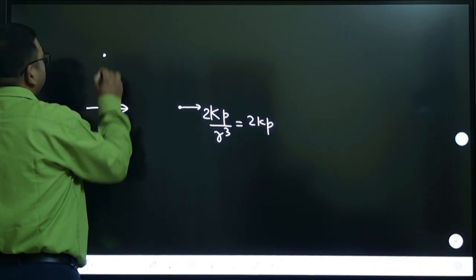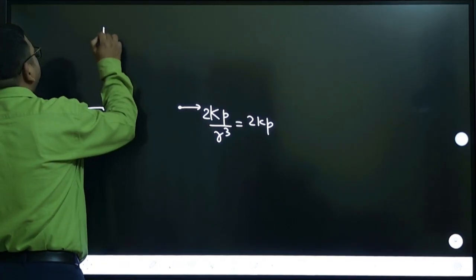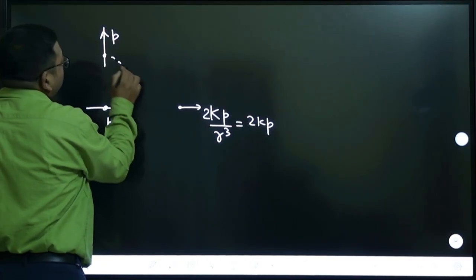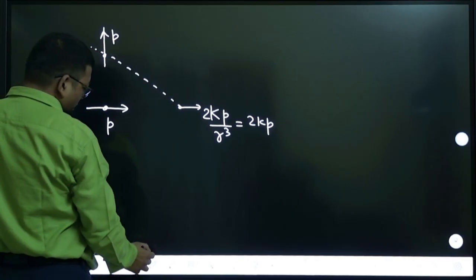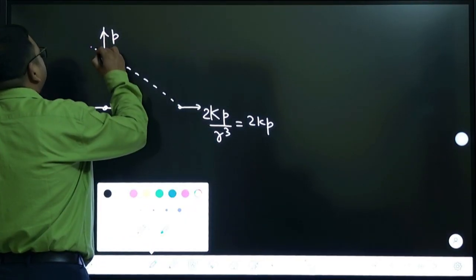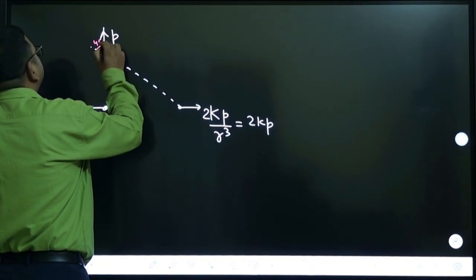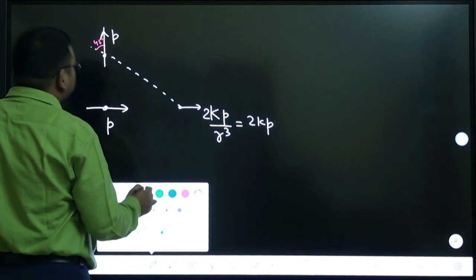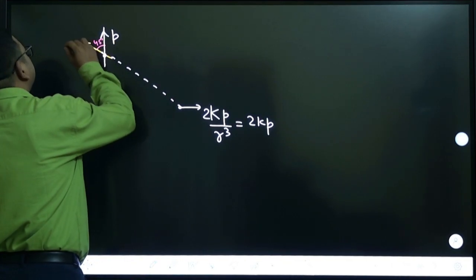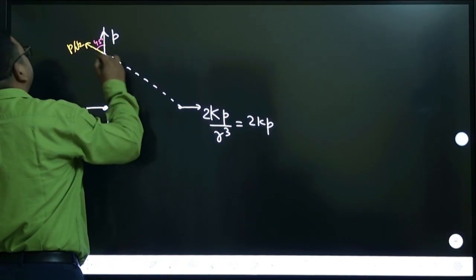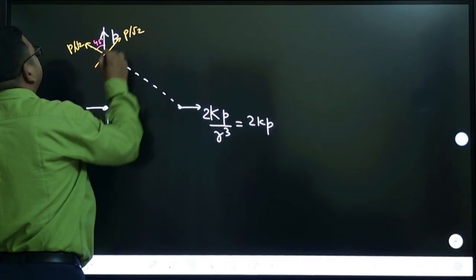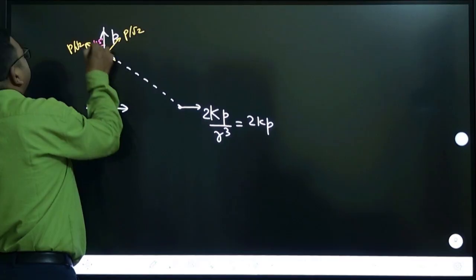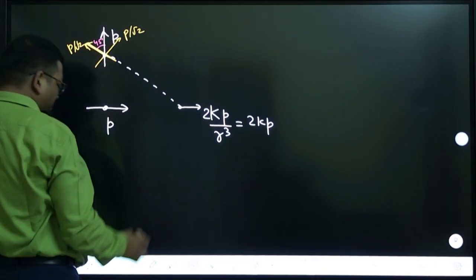This one, due to this, now this was in this direction, and due to this point, how do you do that? So I think you need to resolve this. So this angle is 45 degree here. So P you need to resolve it. Resolve P in this direction, P by root 2, and also in this direction, P by root 2. Okay, note that for this P by root 2, for this P by root 2,